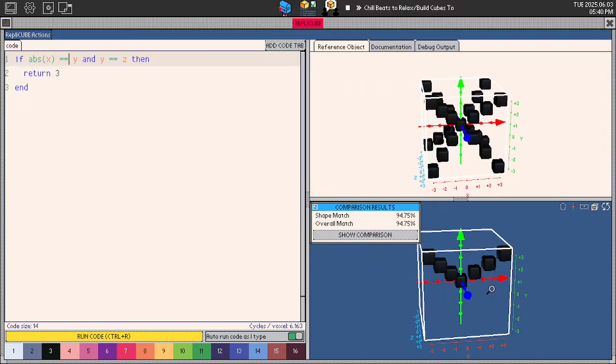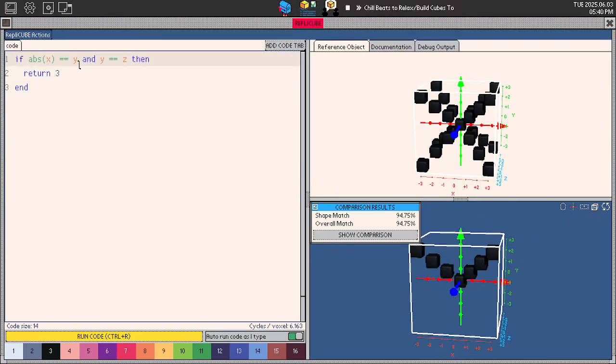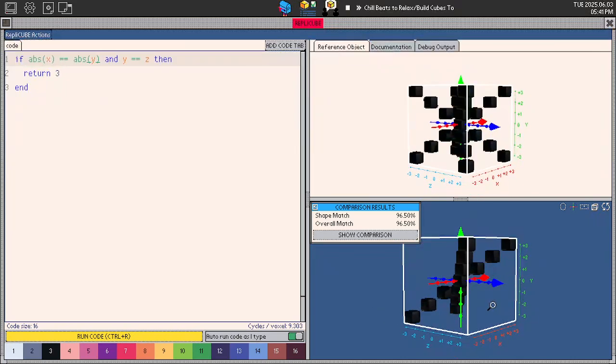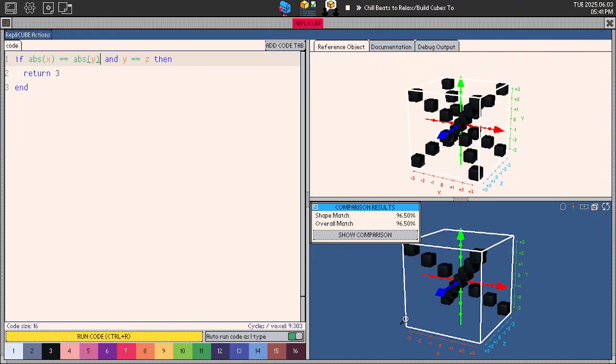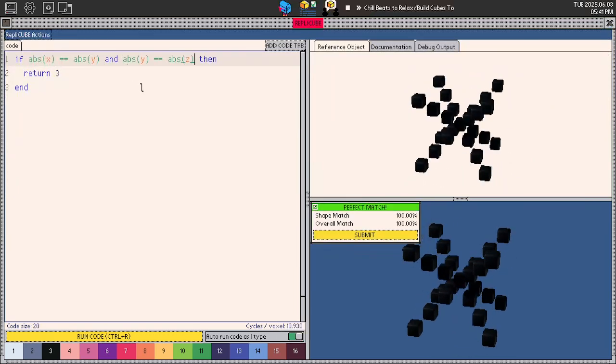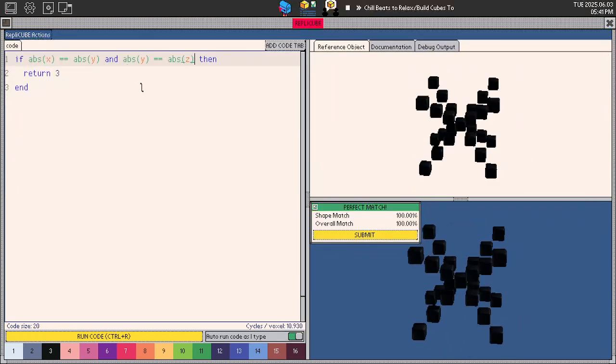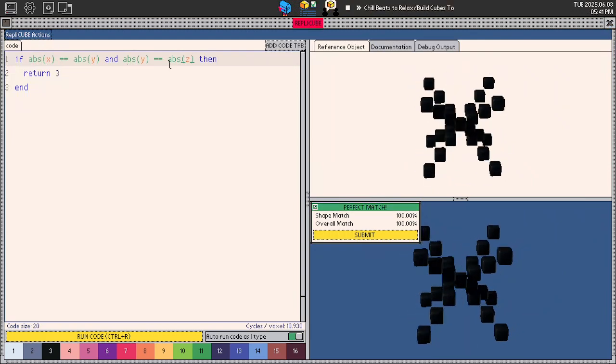That gets me one quadrant, right? If I add more absolutes, it's gonna make it do less. Is that true? No. Let's put some more absolutes in here. Oh, we're getting closer. If I just add the two absolutes, is this gonna work? I don't know, which is a bad sign for my thought process, but that's all it takes. Okay, my thinking was right initially, then I panicked, but that does work